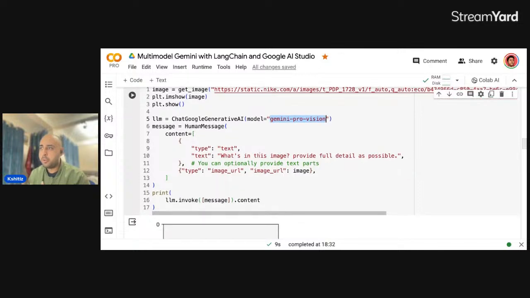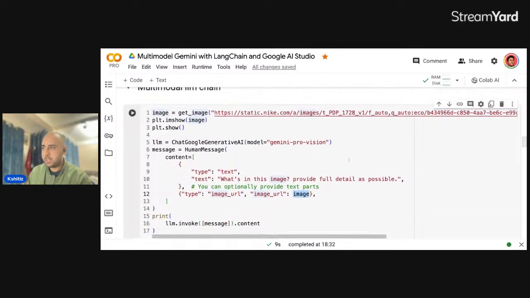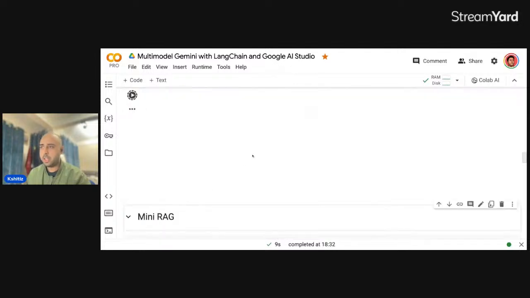So here, how you specify is basically you create a human message around that, type a text for the instruction that you want to provide in addition to the image input. So here, what's in this image? Provide full detail as possible, and you just provide the image as this. And this image is just an image that I retrieved from the internet. And using this, you just run it, and you can see